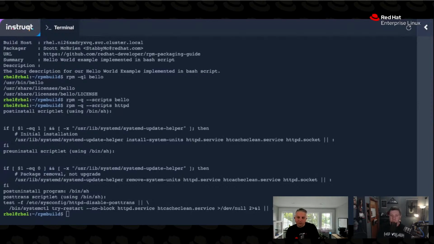So pre and uninstall is before an uninstall transaction. A post uninstall is after the uninstall transaction. A post transcriptlet is after the transaction has been executed. Right. And this actually ties into one of the other things, which is I mentioned that we had GPG keys, right? So